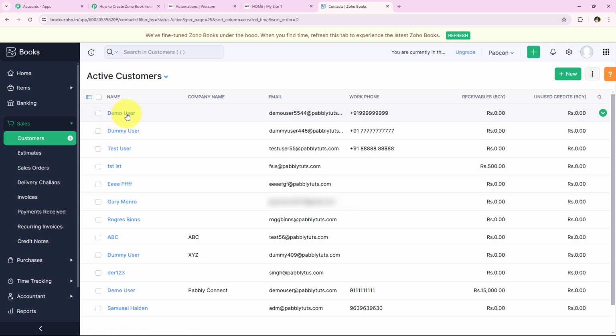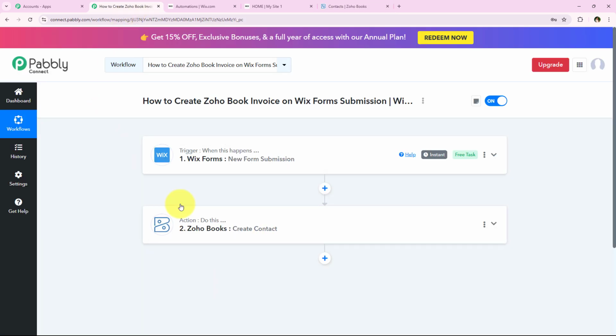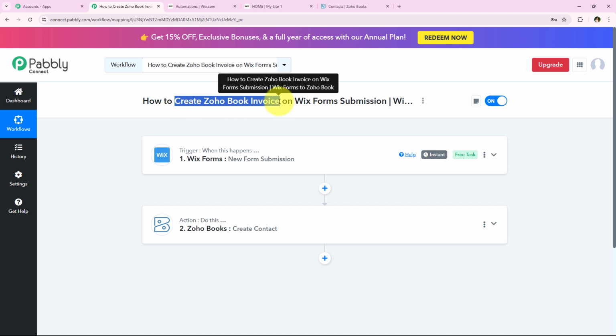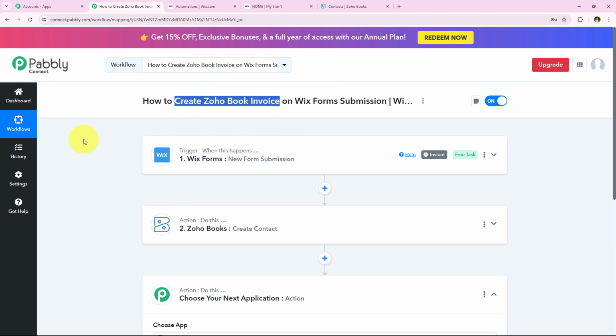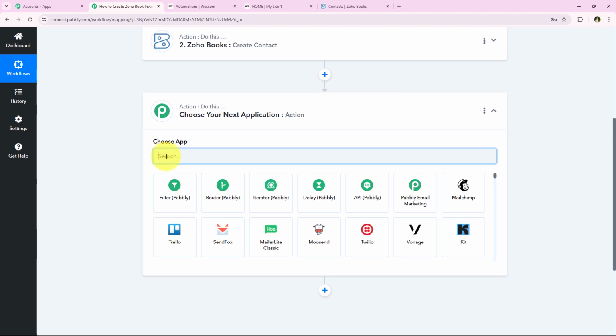You can see the name which is demo user. You can see the email which we entered, which is demouser5544@pabblytudes.com, and also you can see the phone number which we entered. So yes, with this we have successfully created a contact, and now what I want is to create a Zoho Books invoice. All right, so for that I'm just going to add another action step right over here, and